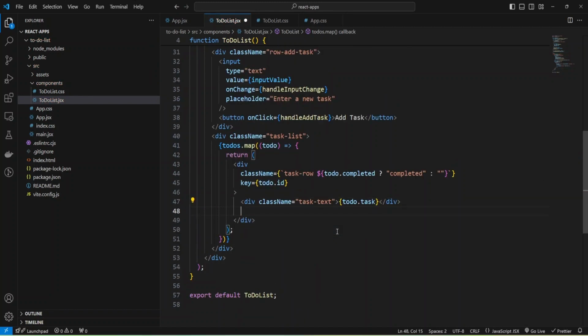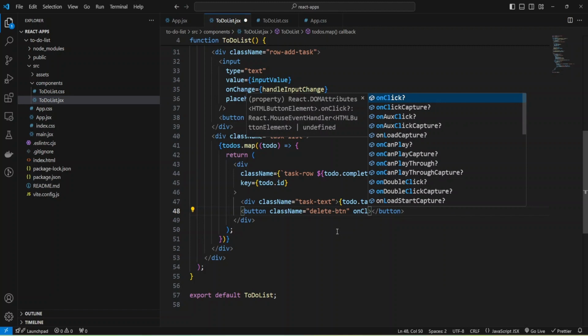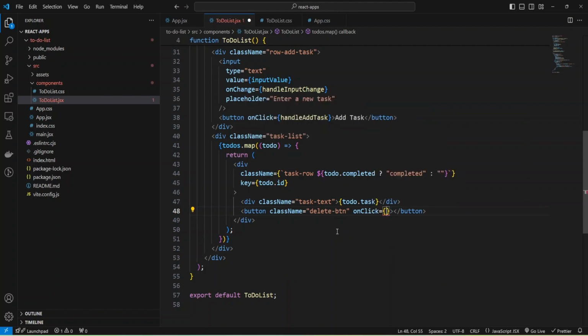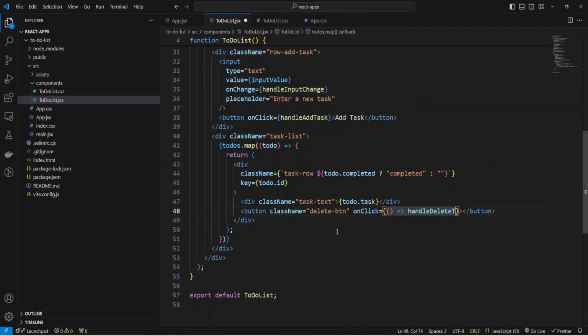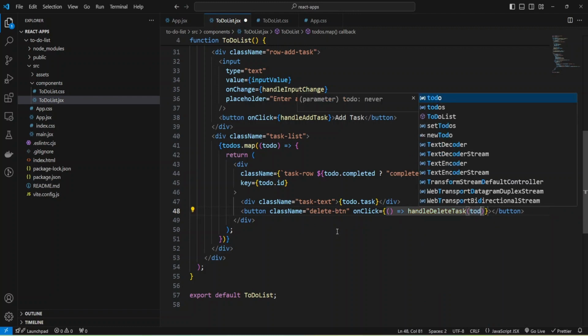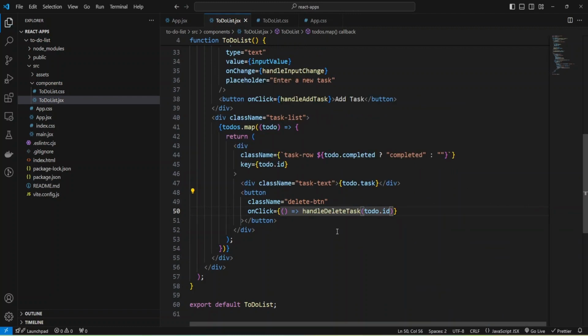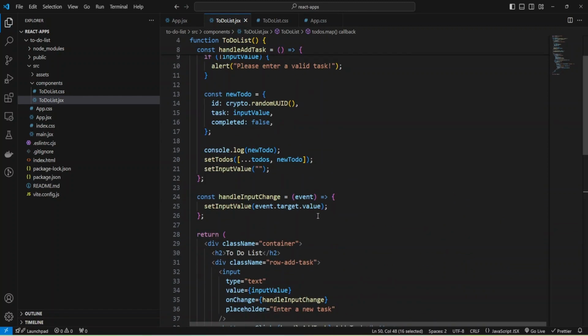And now we can add a button with class name delete button, and we can add an on click event, and add an event handler, but we need to provide our ID to know which task should be deleted. And I'm going to implement function handle delete task and provide our to-do ID. And now we can implement that function.